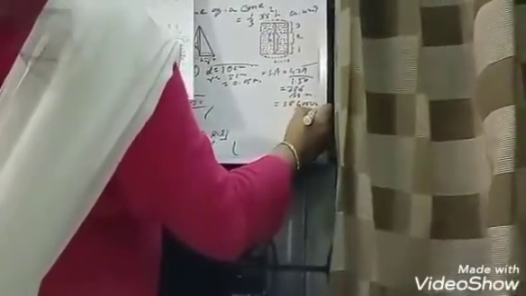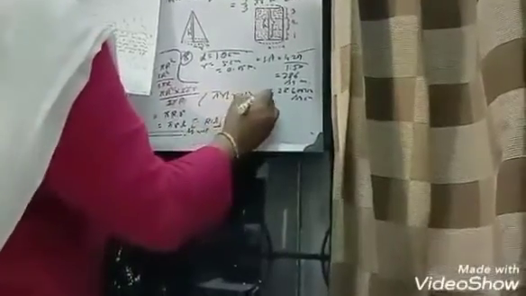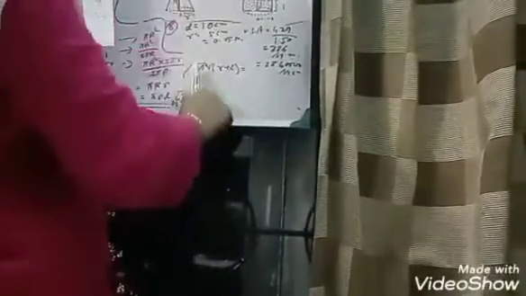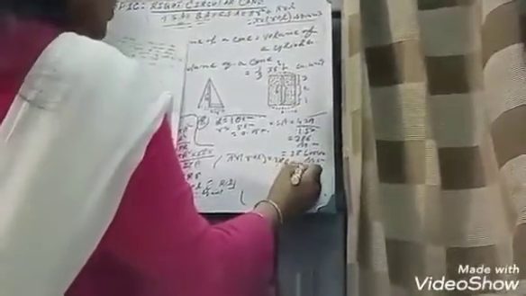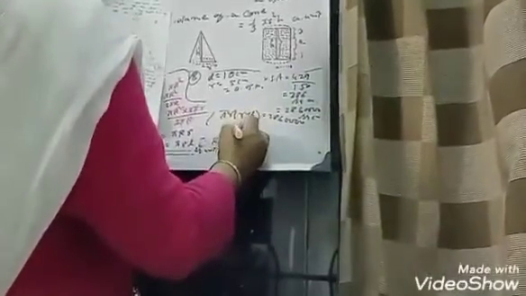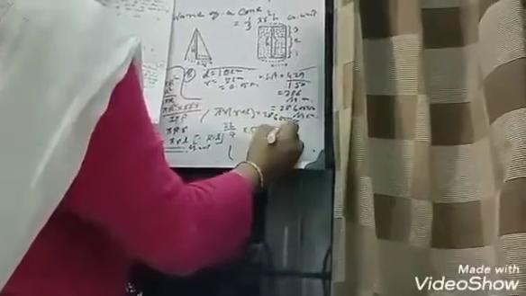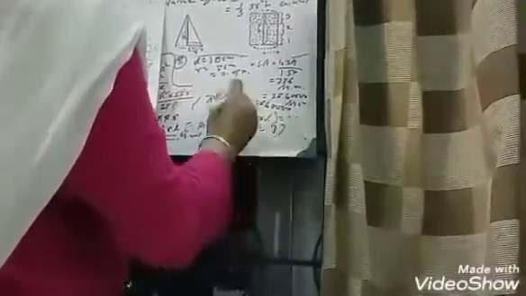Or we can write 286,000 square centimeter. Now we know pi R into R plus L is the total surface area, that is base area plus curved surface area. So pi R into R plus L is equal to this 286,000. From here we know 22 by 7 into 5 plus L is equal to this. From here we find out the value of L. Just do this calculation part, we will get the value of L.